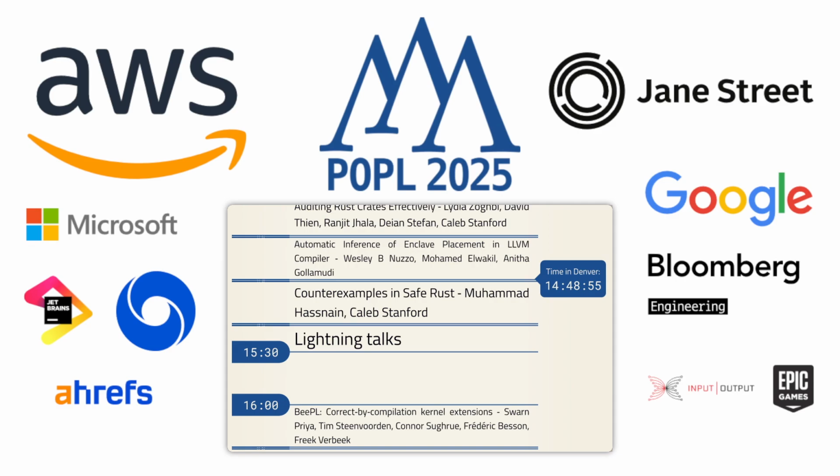So I'll start with this plot. This shows the distribution of bugs in Chromium. As you can see, 33% are memory unsafety and 36.1% are use after free. So essentially 70% of the bugs are related to memory safety issues. Because of this, recently there has been a lot of push to switch to memory safe languages.